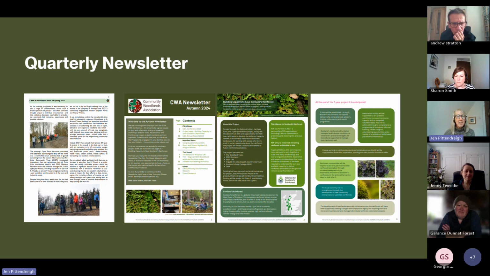And say within the newsletter, I'm not sure how many of you are familiar with newsletters, but for this article here, it was on the rainforest project that we're working on with Jenny and the Alliance. So I used these kind of colours for that article, which was 3 pages long. And then for the next article, I used quite different colours. So again, for me, it's about giving people visual clues that, okay, that article is dealt with, and we're moving on to a different article.